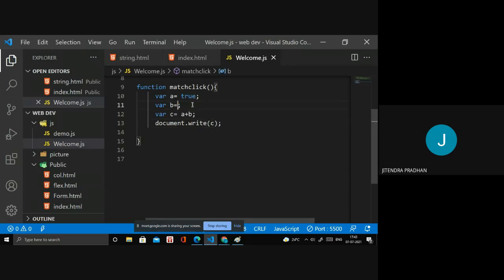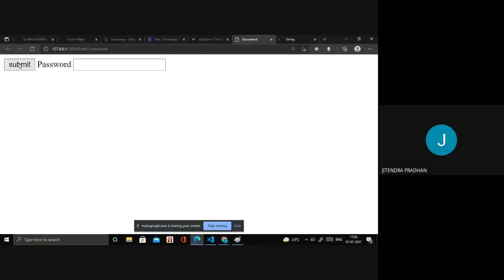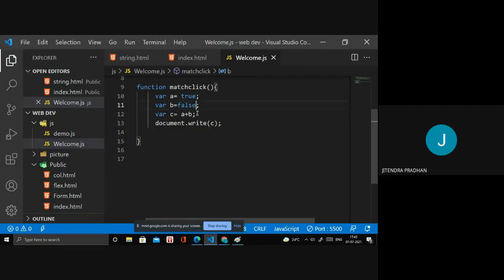If I return false, it will return 1 because 0 plus 1 is 1. Sorry, 1. Okay, it is the true and false value. Okay, so in that we have to return. Another thing is like